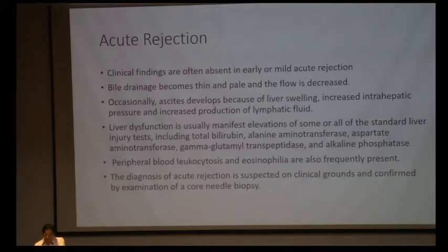So liver dysfunction usually manifests as elevation of some of the standard liver tests, including bilirubin or transaminitis, and there can be peripheral blood leukocytes and eosinophilia, which are also frequently present. So most of the time the diagnosis is based on clinical grounds, and it is confirmed with core-needle